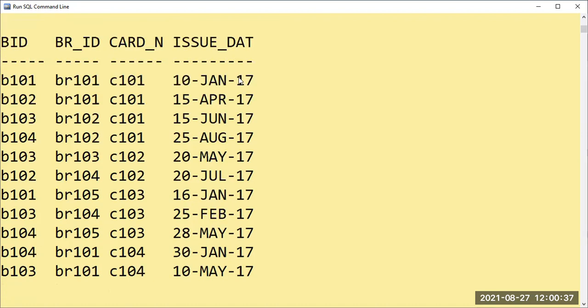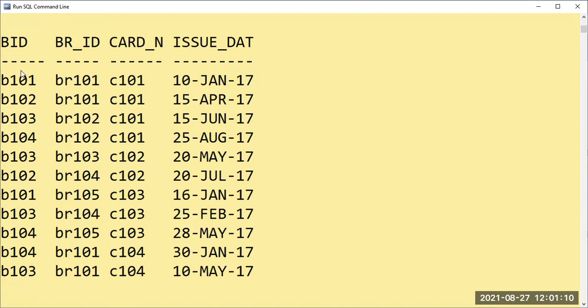Okay. So here you can have a look at the card number which will start here: C101, C101, C101, C101. Maitri, which is C101, has issued 4 books. And you are supposed to give the values also here. Here I have purposely made the values between 1st January 2017 to 31st June 2017. And the books which you want to write, you can specify, but that should be from the book table only. You cannot give anything anyhow.